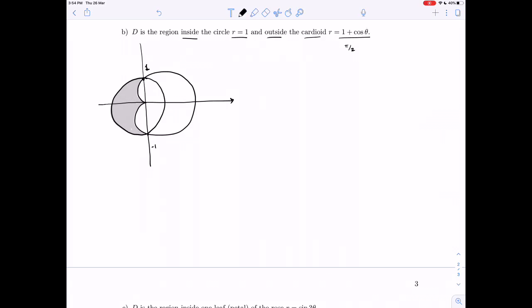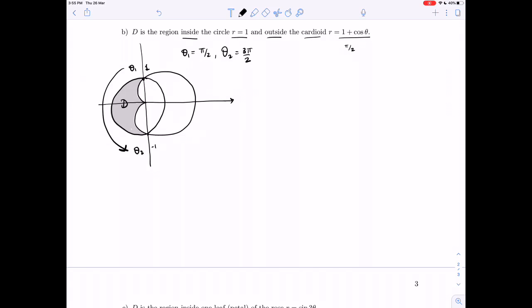So there's our region D. So it looks like we should be able to go from theta 1 to theta 2 around this way to capture the region. It's looking like theta 1 should be pi over 2 and theta 2 should be 3 pi over 2, but